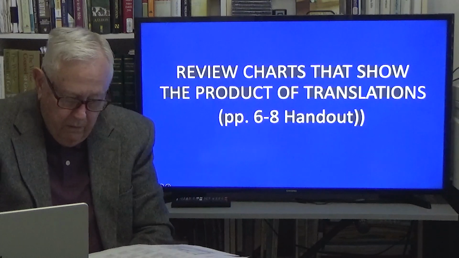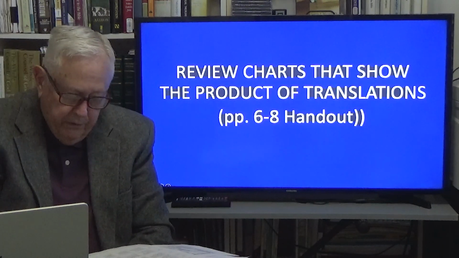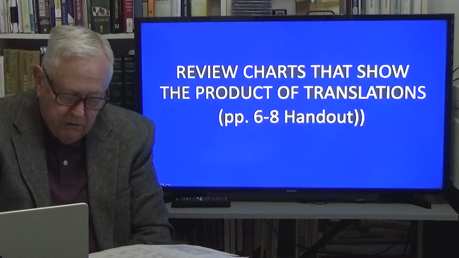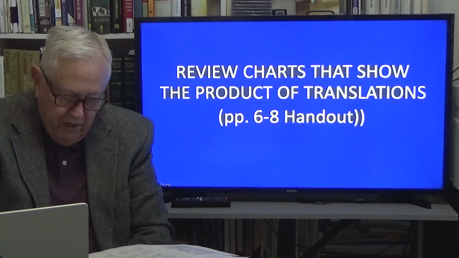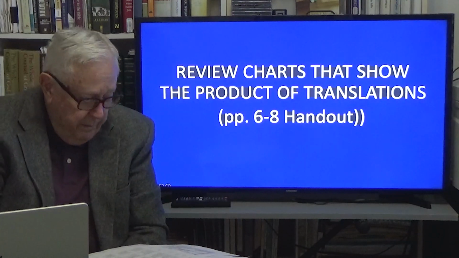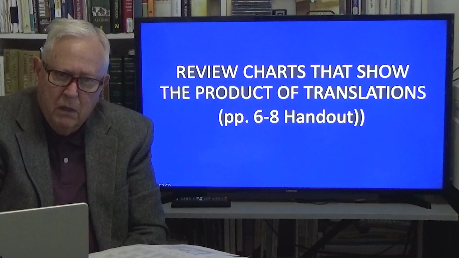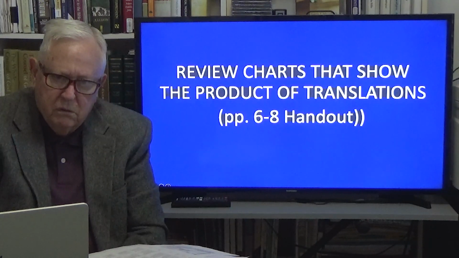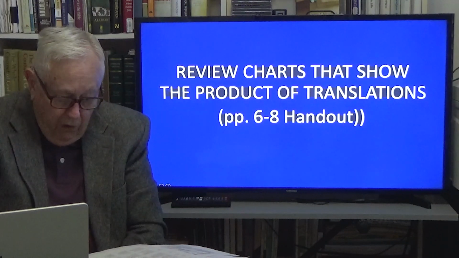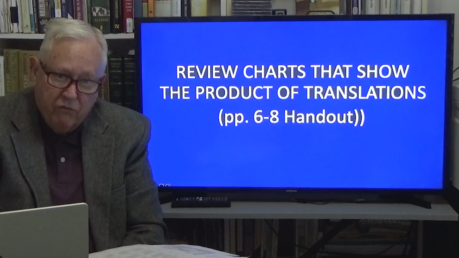Galatians 5:4, where I remember when I read it as a new Christian, I didn't understand. Christ has become of no effect to you, whoever of you are justified by the law. You've fallen from grace. I read that, I said, wait a minute, you're not justified by law, you're justified by grace. And it really confused me in my early Christian life. Now, fallen from grace, does that mean you can lose your salvation?